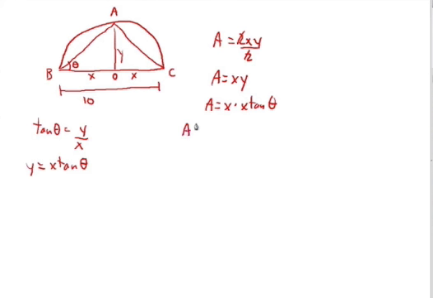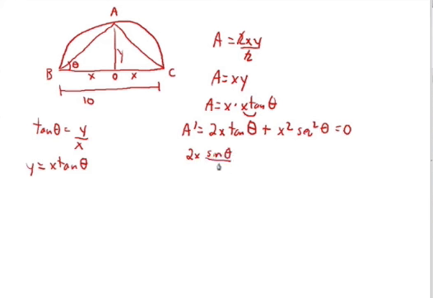A. So A prime will be equal to, well, the derivative of x squared is going to be 2x times tan of theta, because we're doing a product rule, plus x squared, and the derivative of tan is secant squared theta. And in order to get the maximum or minimum, we're going to let this whole thing equal 0. And then we're going to use identities to expand the tan of theta and secant squared theta. And that's going to give us 2x